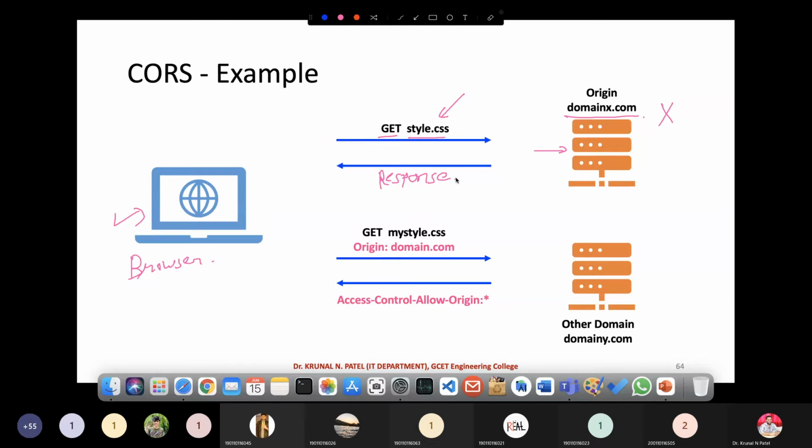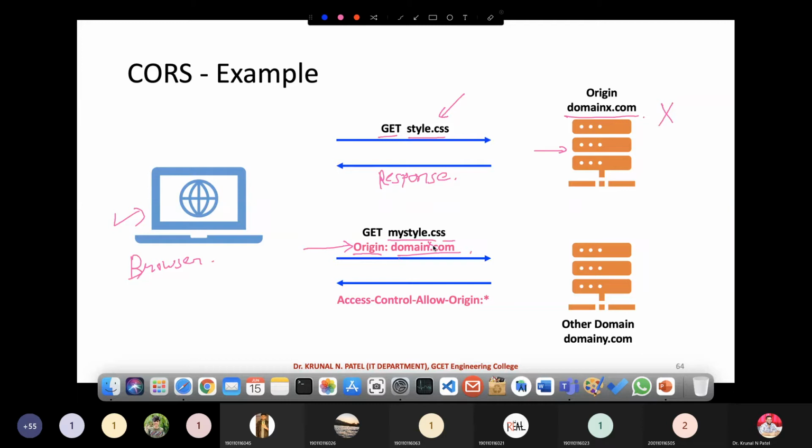Now we are sending a request for mystyle.css, and here we are sending one HTTP header on the request side. As we discussed earlier, my origin is domainx.com. Here, instead of domain, it should be domainx.com, so that is a typing mistake.